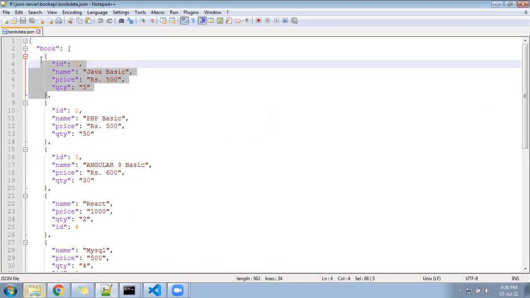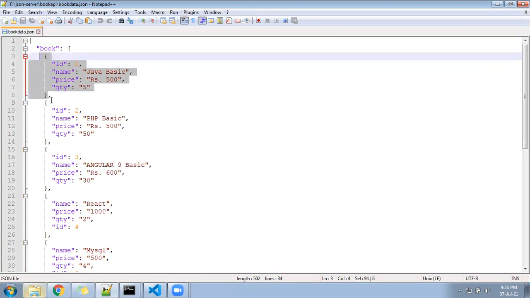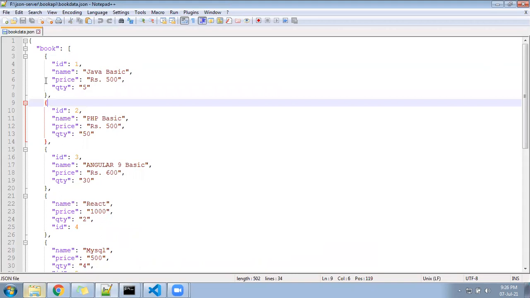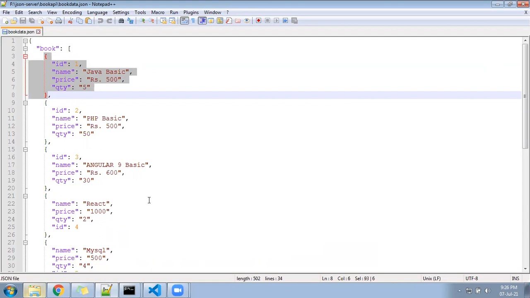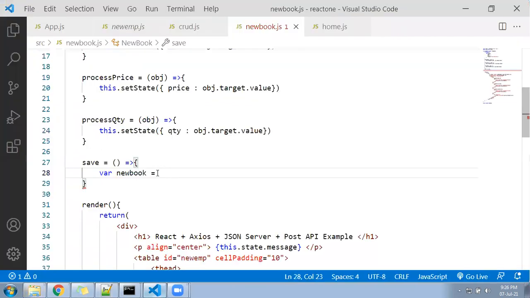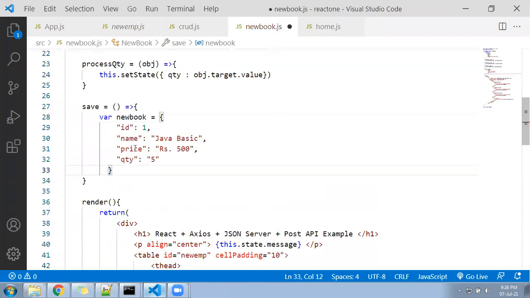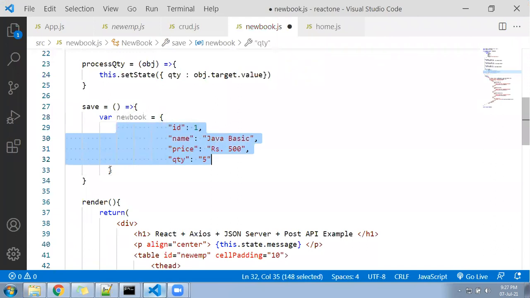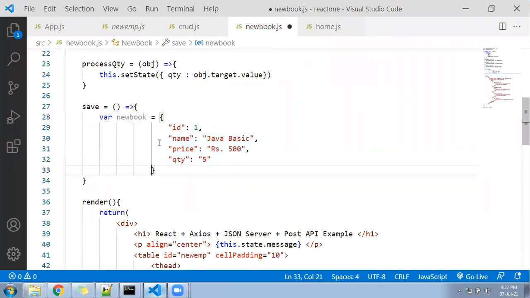We are going to add one more element here. So the new element also should be in this format only. So to avoid the mistakes, I copied one array from here and I will add here. See, I added here. There is no confusion in this. There are no spelling mistakes at all. Now see, this is my new array. In that, ID is auto-generated. No need to pass the ID.